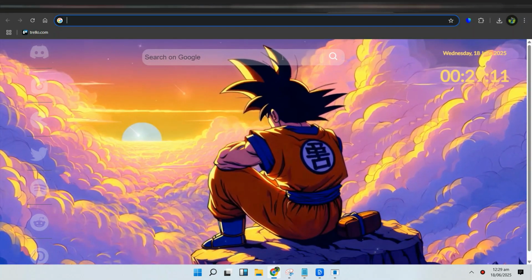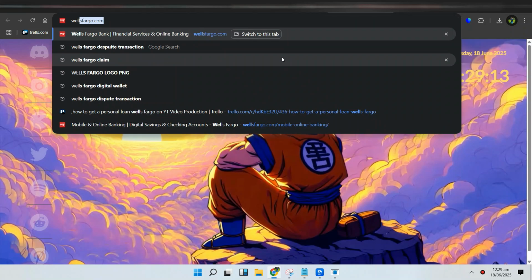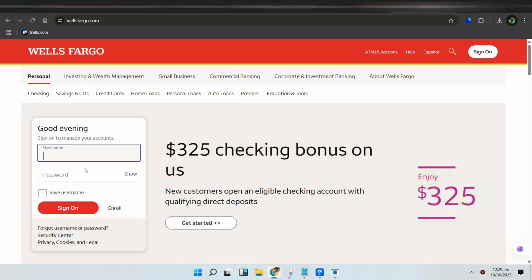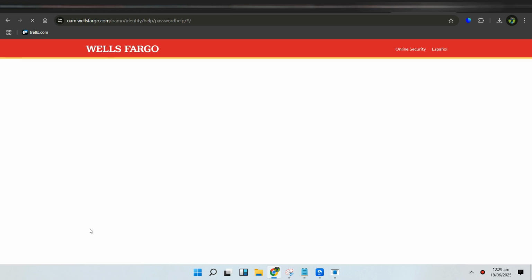First, open your preferred web browser. Google Chrome is a good option, and go to wellsfargo.com. Log into your account using your username and password. If you've forgotten your login details, just click on the Forgot Username or Password link and follow the instructions to